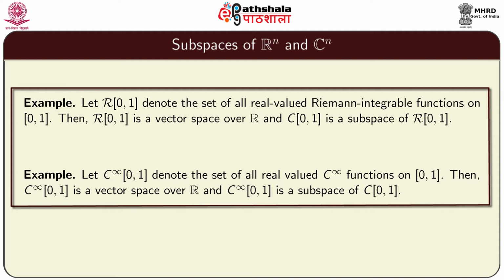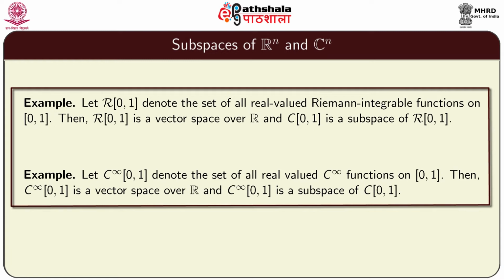Now, again from basic calculus knowledge, we know that if there are two Riemann integrable functions f and g on the closed interval [0,1], then f plus g and also lambda f, where lambda is a real number, are Riemann integrable on the interval [0,1]. So, R[0,1] is again a very natural example of a vector space over R,